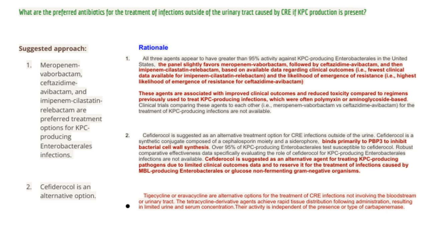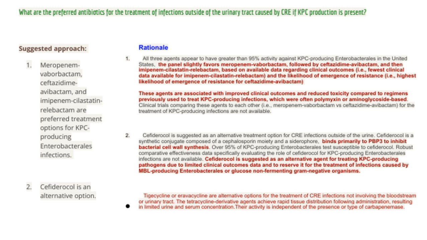This preference is based on available clinical outcome data, which is more limited for imipenem cilastatin relebactam, and also considers the potential for resistance emergence. In particular, ceftazidime-avibactam has a higher likelihood of resistance development over time. Importantly, these agents tend to improve clinical outcomes and have less toxicity compared to older regimens, like polymyxins or aminoglycosides,